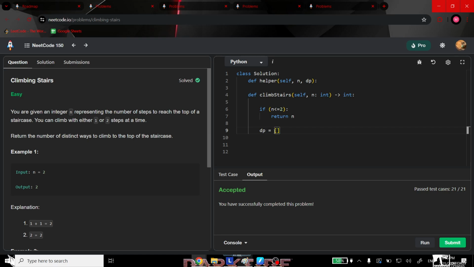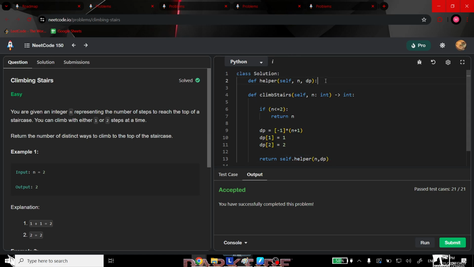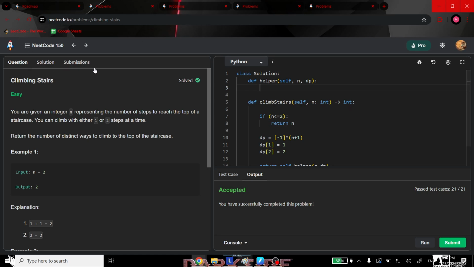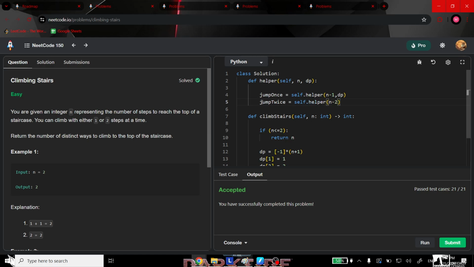How did we do that? -1 list times n plus 1, and then what we did was we were storing the values of our base cases. So we have saved our values. Now we're going to return self.helper n comma dp. We're going to go inside this dp function and we're going to define our recurrence relationship. So what is this? Self.helper n minus 1 comma dp, jump twice as self.helper n minus 2 comma dp,